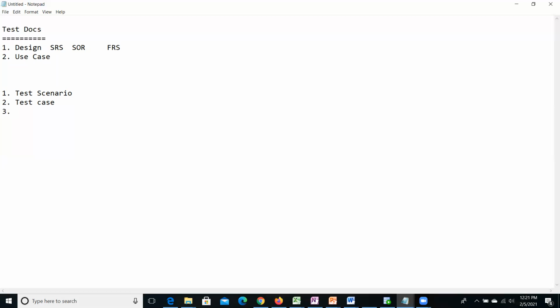So what is the testing life cycle? We'll discuss more on that. Now, for today, we'll concentrate on this one only, test scenario with some example. So before that, just listing out what are the documents you have to prepare. Now next is